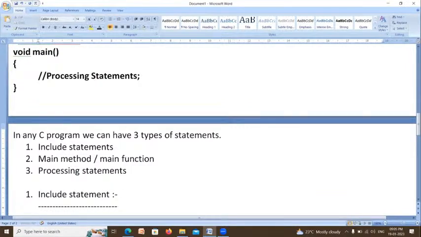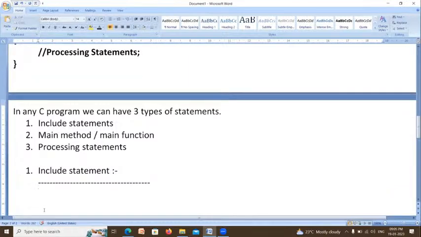I will give an example before explaining what the include statement is. Suppose I want to do a function at my home. Then I need some chairs, some tables, some tent. From where do I have to bring all these things? All these things are available in a tent house. Am I right? Tent house.